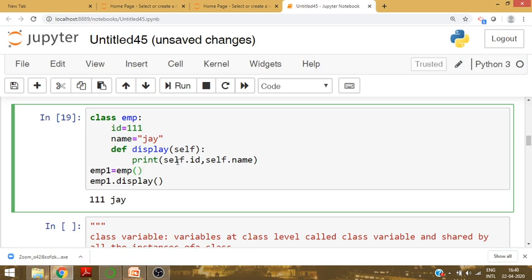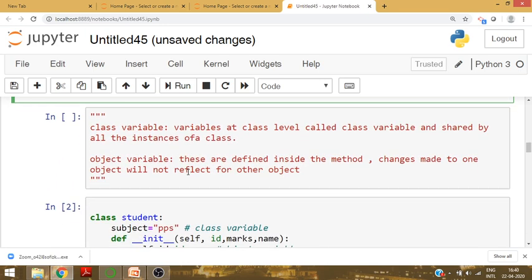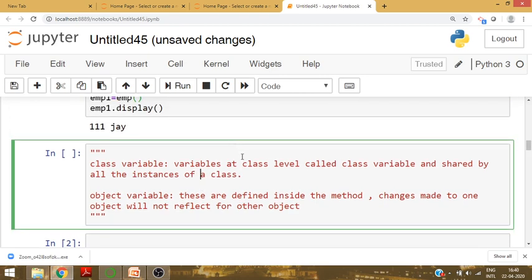What is a class, how to define a class, how to define an object, how to define a class with data members and functions. Now there are some terms like class variables, object variables. Now we will see what is the difference between class variables and object variables. Class variable means, as the name itself suggests, variables at class level, it's called a class variable.